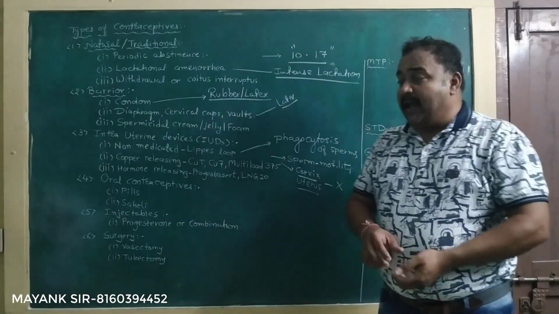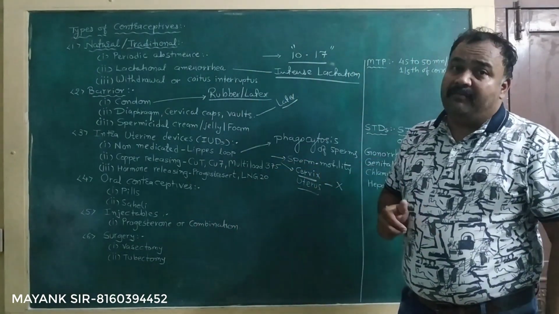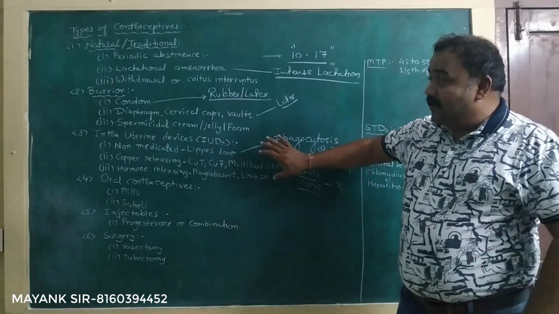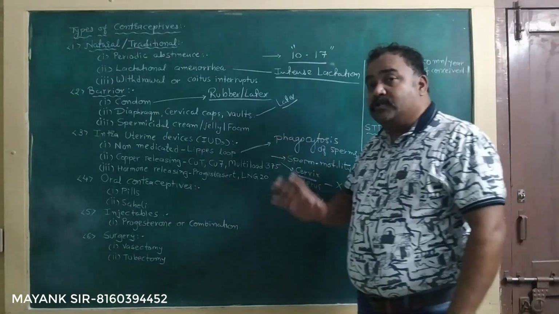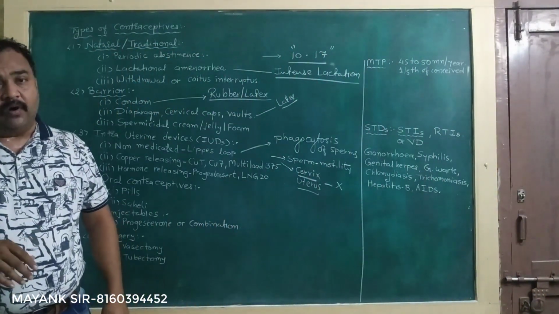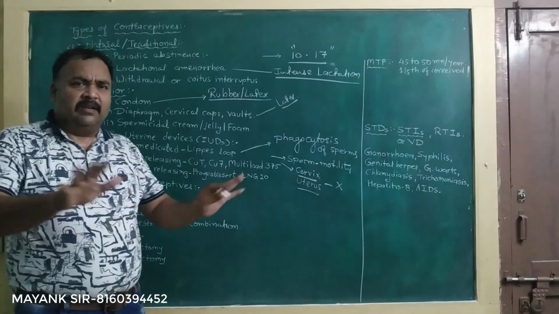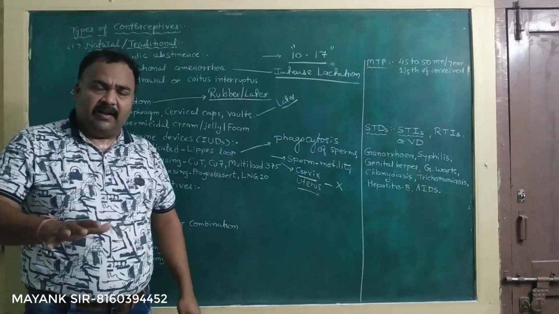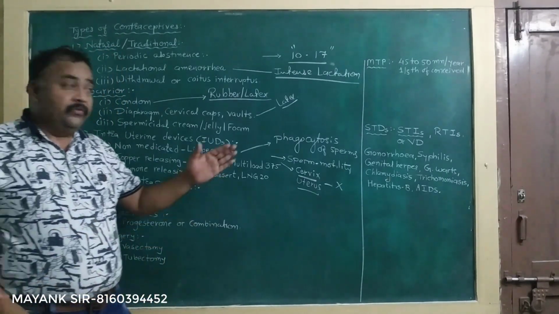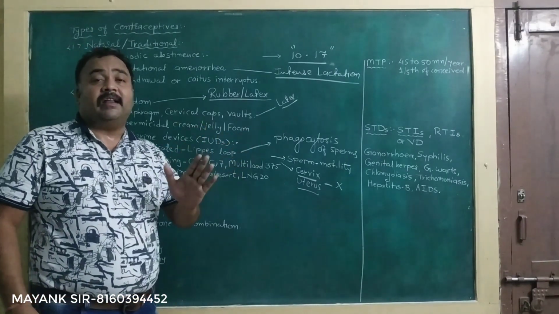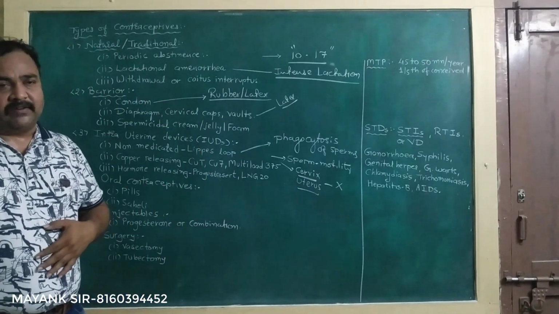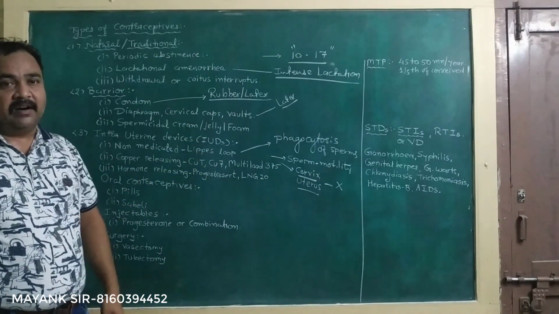Because of the high reversibility of intrauterine devices and because the effect lasts for a longer time, they are the most widely used contraceptives in India and the world. Once they are put, just forget it, nothing else. You can have intercourse at any time. That means these have high contraceptive value. But some adverse effects of these IUDs are also observed.